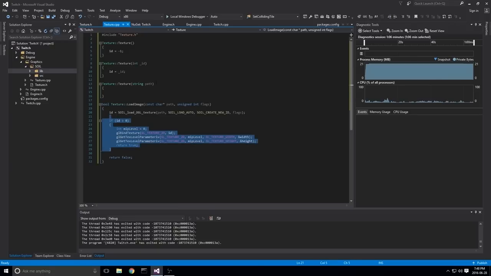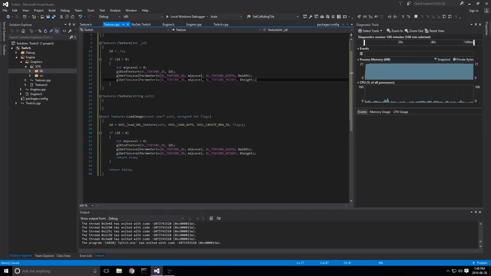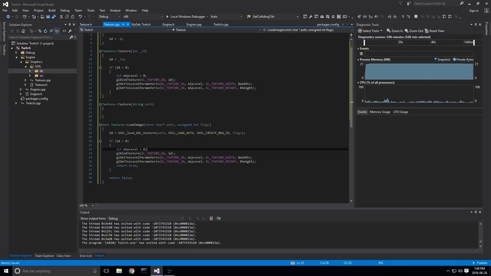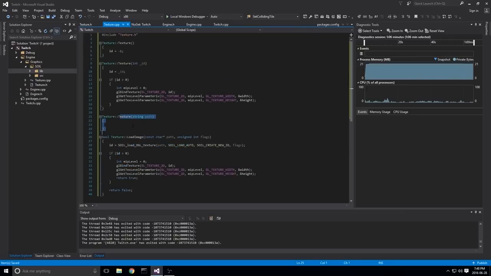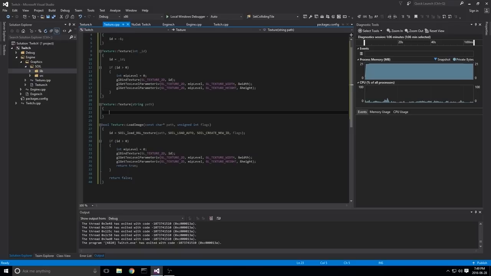Now copy and pasting code is not great, but because this is never really going to change, I don't feel too bad doing it, although really I should. We could have this as its own function and then load image calls this, or we can even just do this within here. Actually, you know what? There's probably a better way to do it because I really don't like copying and pasting this code. So what we're going to do instead is this is going to move to here because this is only going to happen when we've actually got a path.